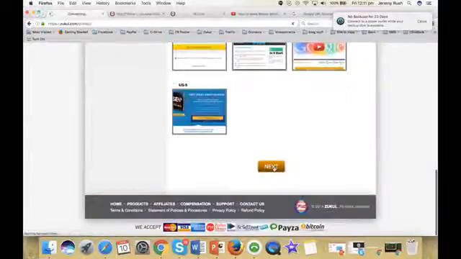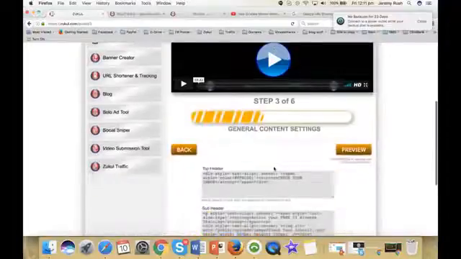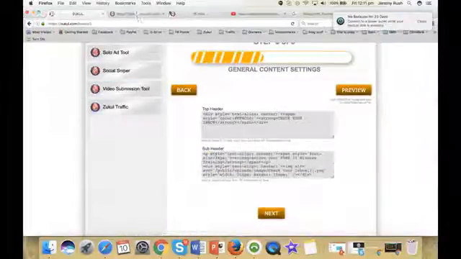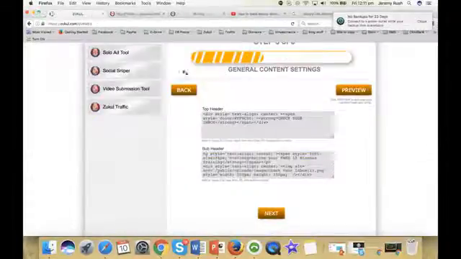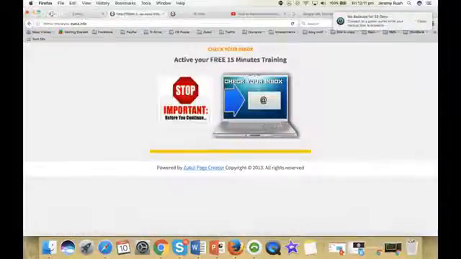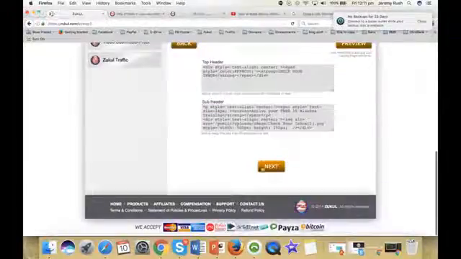And if we go to the next stage, now I need to fill out the top header. So the top header is this bit here. Check your email, check your inbox. Now I'm not going to tell you how to do this HTML code because I've done that in a previous 15-minute training. Then we've got the subheader. In the subheader, I've put this wording in there and this image. Okay. So then I go next.